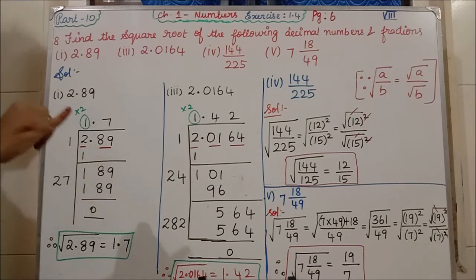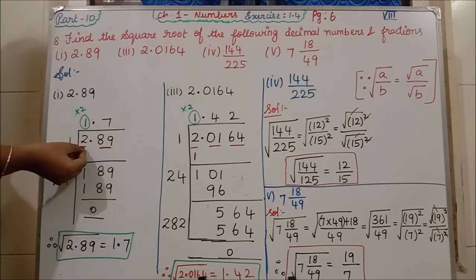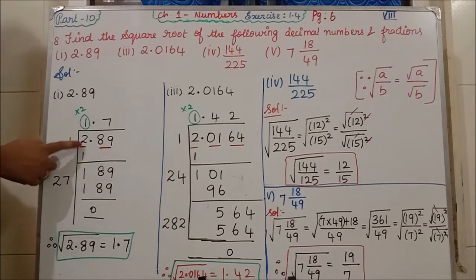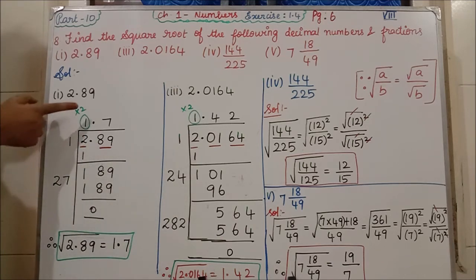See, what is the first step in the long division? We have to group from the last, two numbers. See, 89, and here only one number is there, so underline that one number. Here 2 is there. So what number are you writing? The same number in the quotient also you have to write. Since you are having 2, the only possible number is 1. 1 ones are 1. So 2 minus 1 is 1.